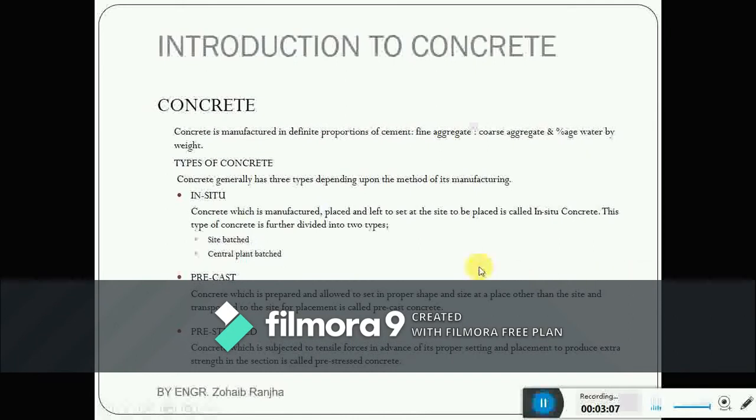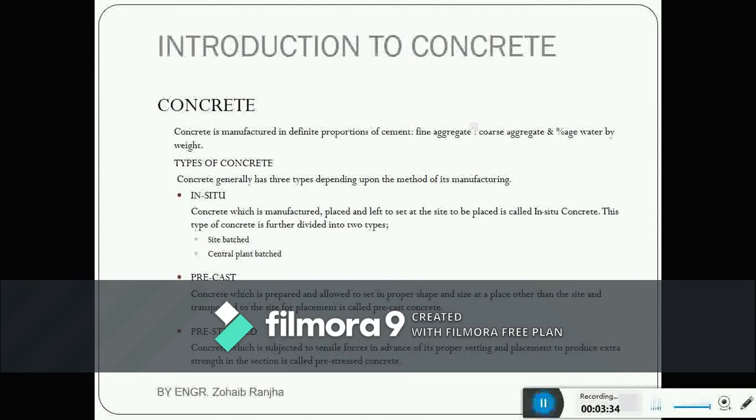Introduction to concrete. Concrete is manufactured in definite proportion. It means that definite and proper proportioning is used in the mixture of concrete, like cement, sand, and aggregate. Aggregate may be coarser or finer. So there is a proper ratio of all of these